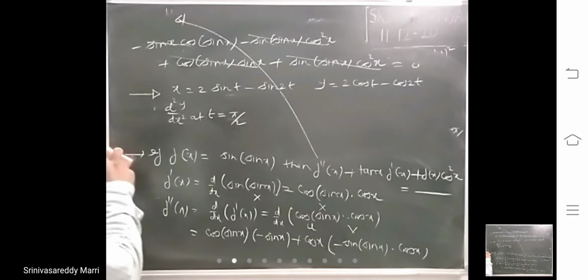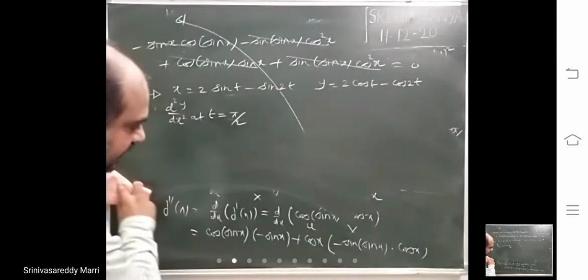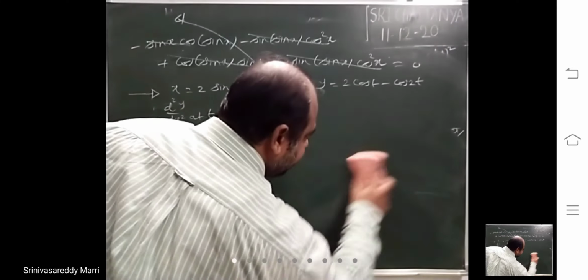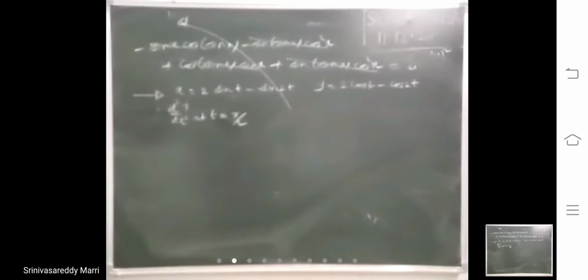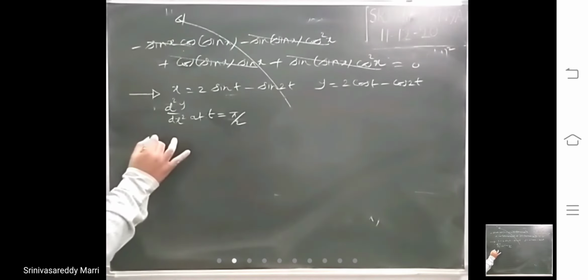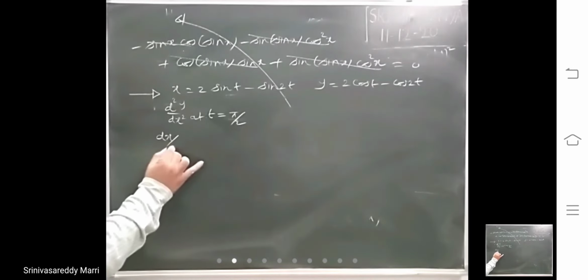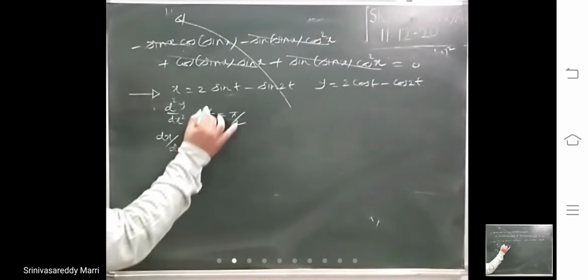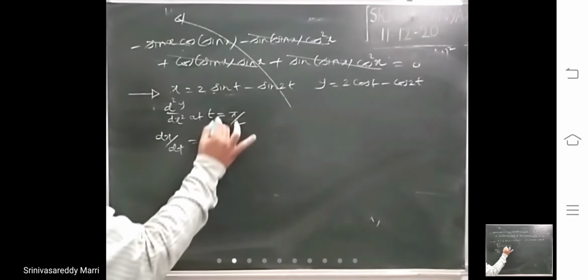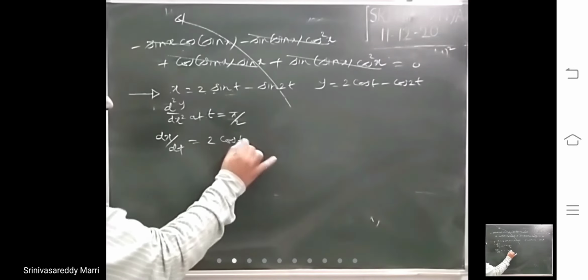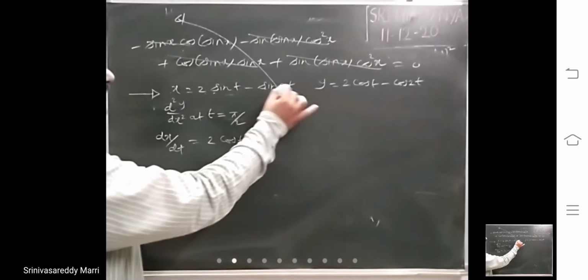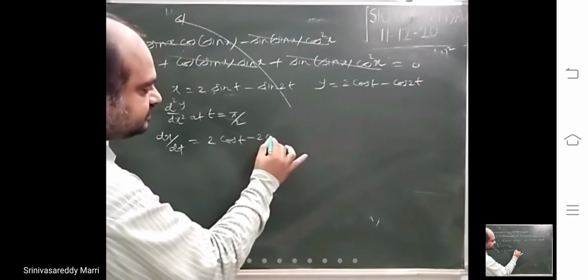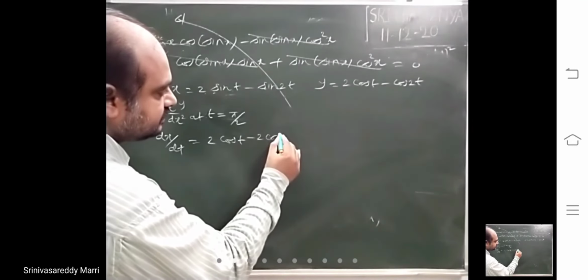Now look at when parametric equations are given, how to find higher order derivative. You know how to find dy by dx. First we will calculate that. First, till dy by dx you calculate. Dx by dt, this is in t. That means the derivative is what? This is 2 into the derivative of sin t, which is cos t. Sin 2t gives minus 2 cos 2t.